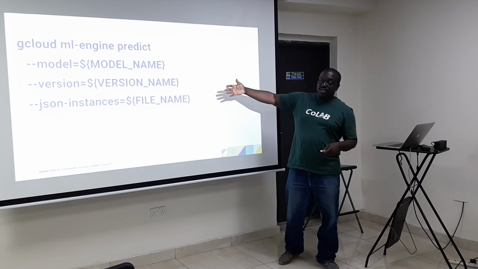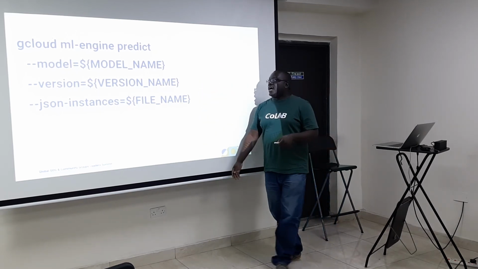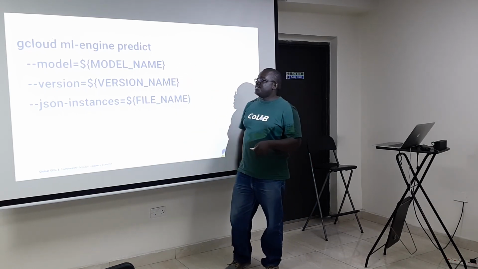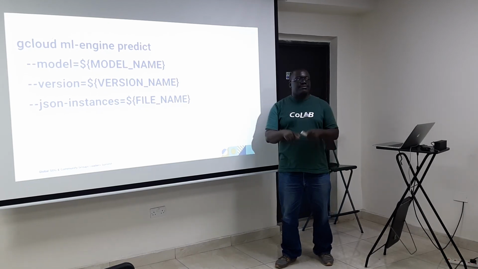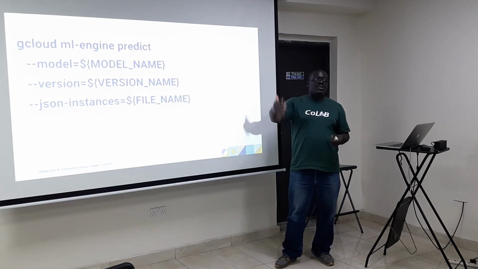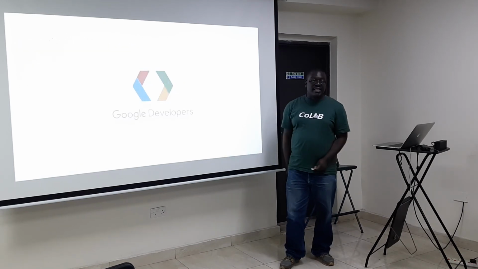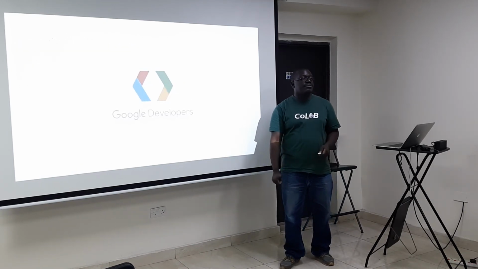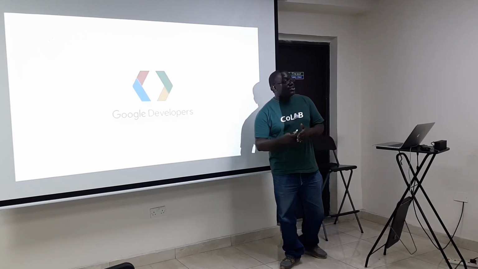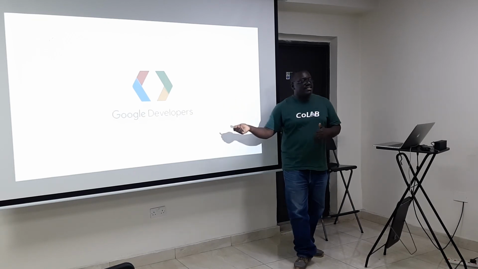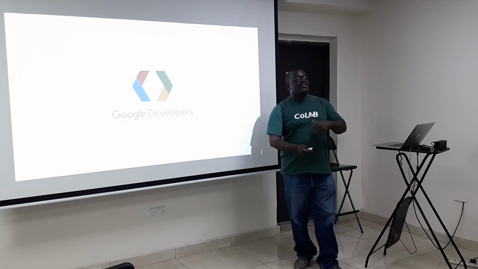Another alternative is to just use the command line and say gcloud ml-engine predict, and specify your model name, your version name, and something called the JSON instance. And JSON instance is just a JSON file that encapsulates the data that you want to send to it for it to run inference on. And that's it really about putting TensorFlow models into production. So even if you haven't worked with TensorFlow models, save the slides. When you start working with TensorFlow models, you'll need the same slides to put them into production.